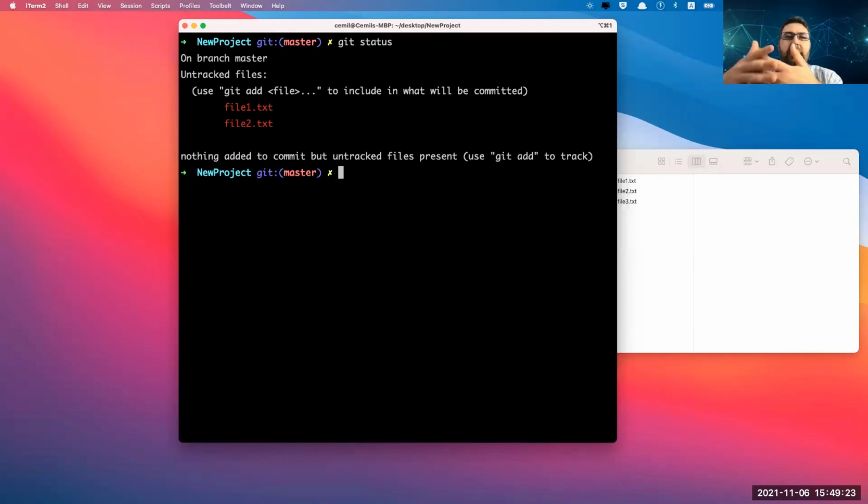This is what we do. This is just a Git workflow. We have some files, we make changes, we add them and commit them, add them and commit them. Most probably just these two commands: add and commit, add and commit. That's it. And most probably next lesson we will learn GitHub, then we will push the commits to GitHub.